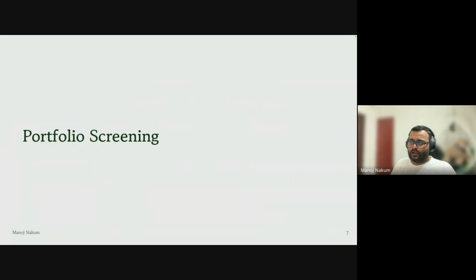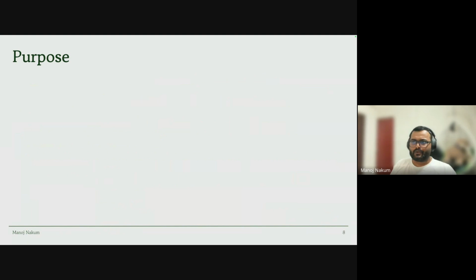Now, the tip in this round generally is that I'd say be honest, okay, and ask the questions that you might have. There is nothing like an extra secret in this round because these are very straightforward. Now let's go to the portfolio screening. What happens in this round? So the purpose of this round is just to check your